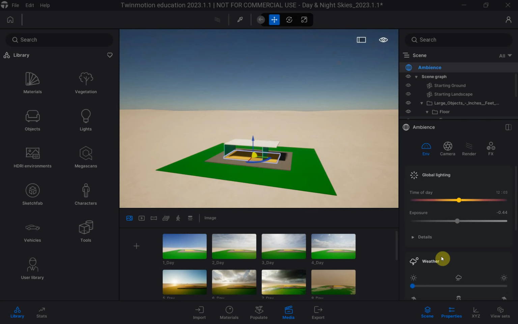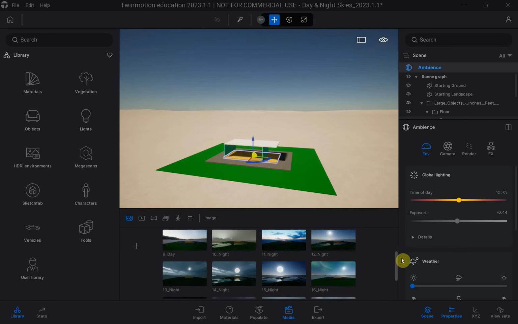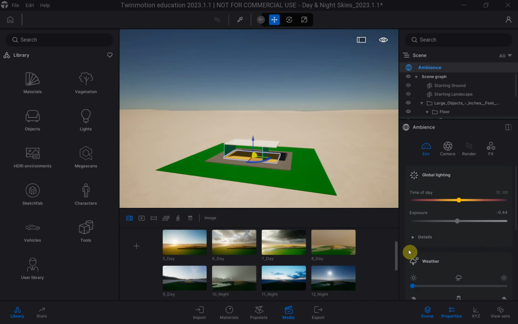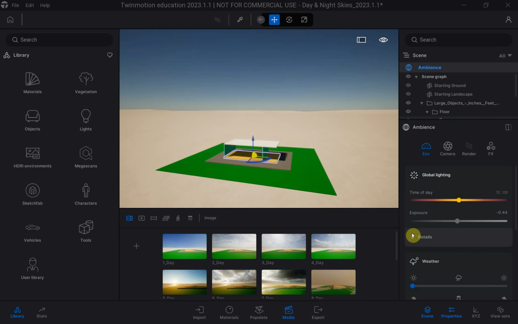Also, what it has is what we imported from the very beginning. When we started this scene, we started with a whole bunch of skies, and that's showing up under media. You can see all these different skies that I can choose from, and that sky affects the lighting in the scene. So for example, if I click on